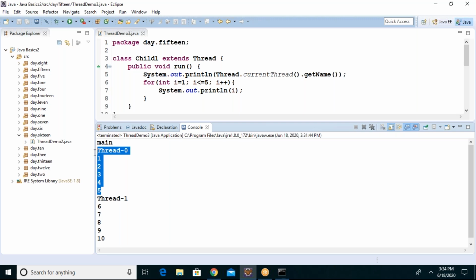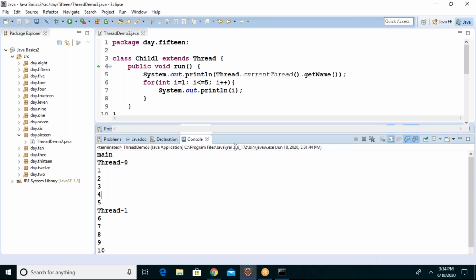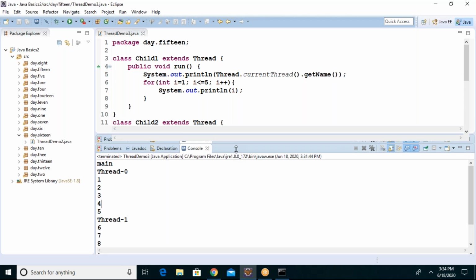That's why in the given time the first thread is finished, then it is the second thread. If you give a big task to the processor, I mean a delay, then you will see the effect of multi-threading now. Got it? In the given time, the processor is successfully completing one thread, then switching to the other thread. A microsecond is enough because it is only 1 to 5 numbers.